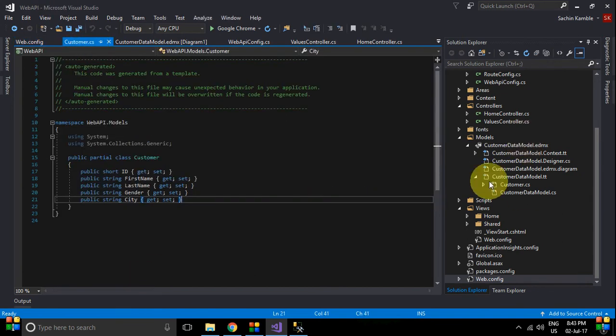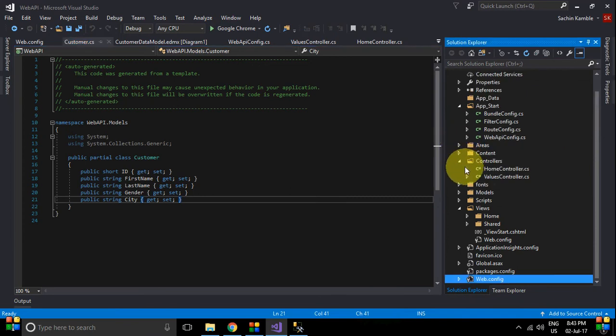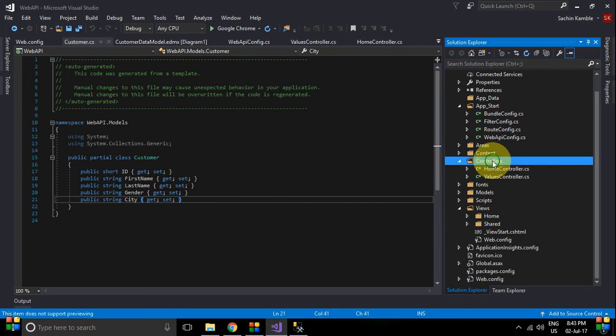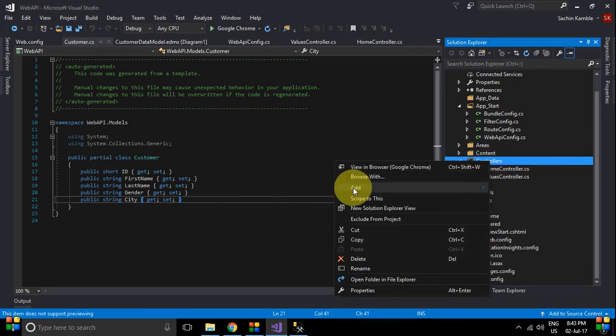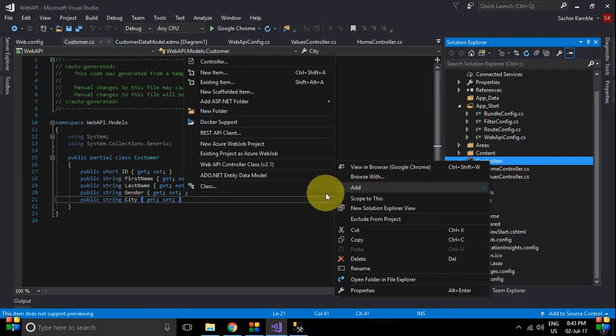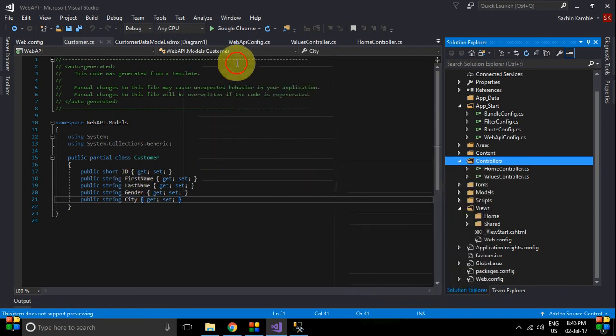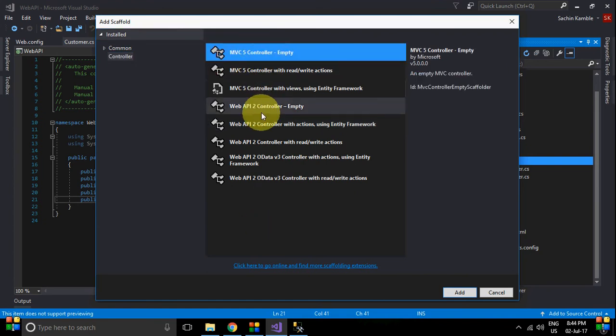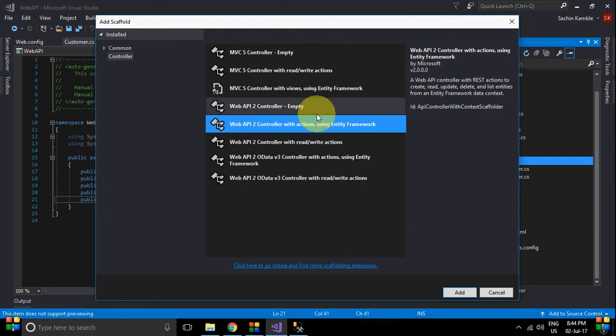Okay, so next step, to add controller. The controller which will display this data, controller which will manipulate all this data. Add one controller. See, there are different types of controller. This is for MVC application and this is for APIs. So controller with action using entity framework. Click add.